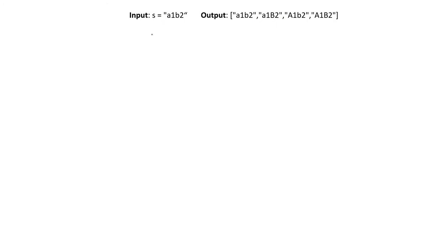Let's say another example is A1 B2. Here only one difference is there, that is the starting itself is a character. So for A, we can start with two choices, either a small a or a capital A. Okay, fine, so A is done. After that we can take 1 and grow each and every individual tree. So from here we can only use 1, and we can only use 1 here.